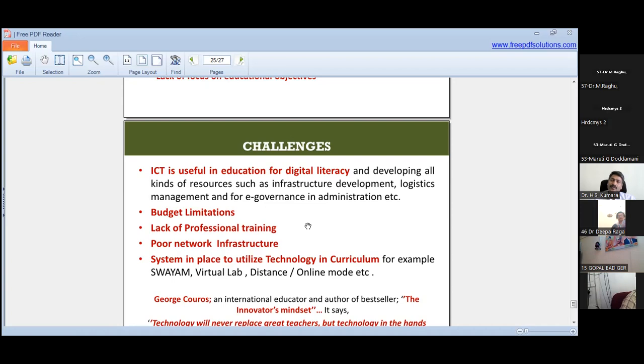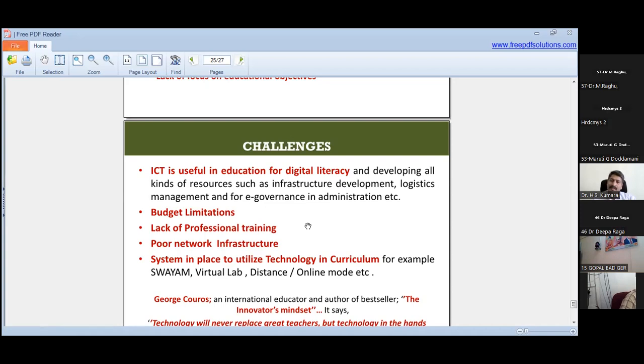how many classrooms are full-fledged ICT classrooms. They consider whether there is a projector and so many other things. Out of your 30 classes, do all 30 have ICT tools and techniques, or maybe a PowerPoint projector or something like that. So these are some of the things very much required for ICT in the present context.